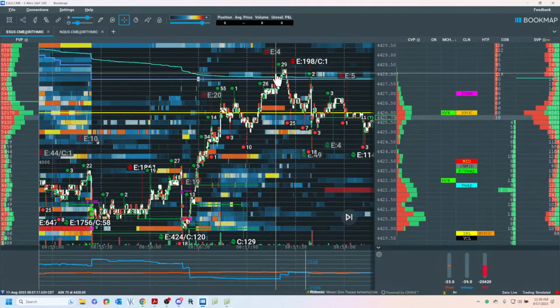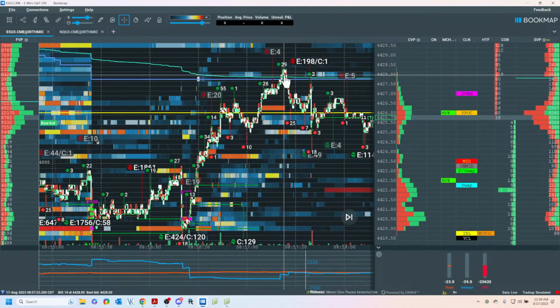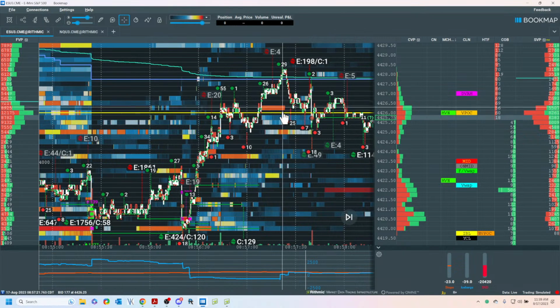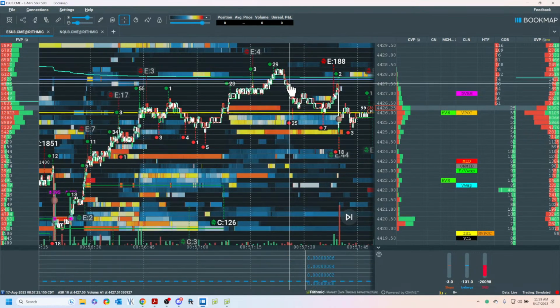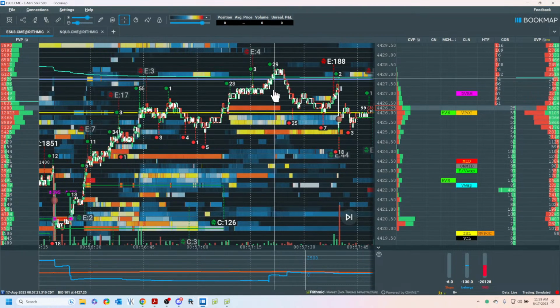Now, I got to tell you about this trade. This is the VWAP to VPOC. I didn't take this trade, and I'm going to tell you why. Now, it doesn't mean you can't. This is a structured trade in the Trader Lab. It's called VWAP to VPOC, and it's a mean reversion structure. Here's why. The way this might work is